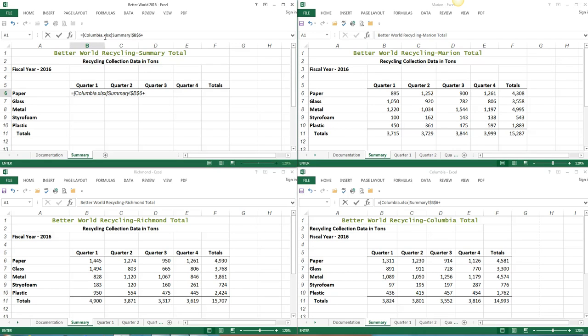The Better World 2016 workbook becomes active and you can continue entering the formula. You need to create an external reference to the Richmond workbook. Okay, so we did that. Right up here, this is now active and we've got our plus sign right there. Move to the top of page